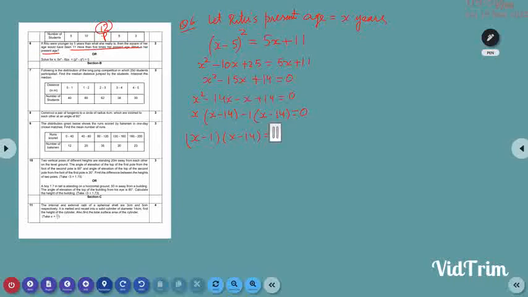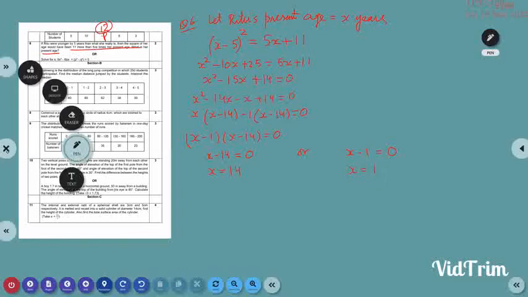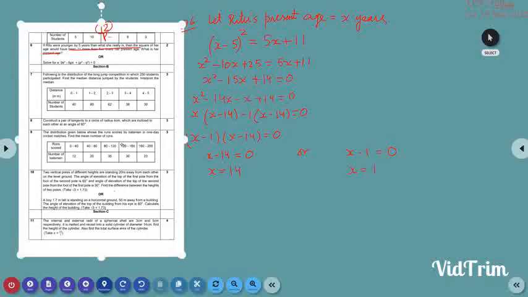Now there is an OR part in this question. OR part is: solve for x, and the equation is 9x square minus 6px plus p square minus q square is equal to 0. So first of all we are going to find out the value of a, b and c on comparing this equation with the standard form of quadratic equation. So standard form is ax square plus bx plus c equals to 0, and on comparing, a will come out to be 9, b will be minus 6p and c will be p square minus q square. A is 9, b is minus 6p and c is p square minus q square.